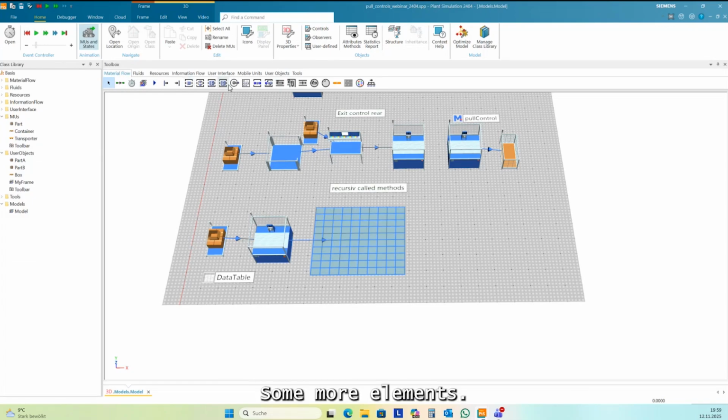Okay, some more elements. I need a buffer here. It's now my buffer 1. And I want to load these parts onto a container or into a box here. So I need an assembly station.